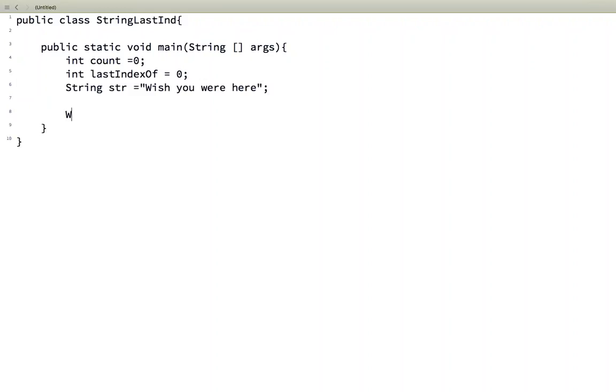Now what do we say? While indexOf, not lastIndexOf, let's just say indexOf, is not equal to -1. When will it be -1? When we don't find the string. What is indexOf equal to? indexOf is equal to str dot indexOf